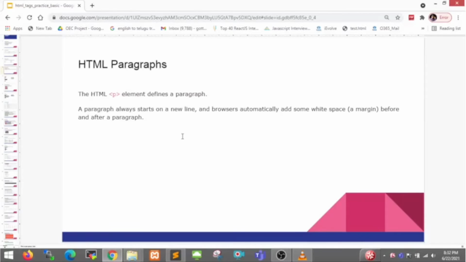Hi, hello friends. Today we are going to discuss HTML paragraphs. HTML paragraphs are the most important topic in our web page creation. In today's session, first of all, we can